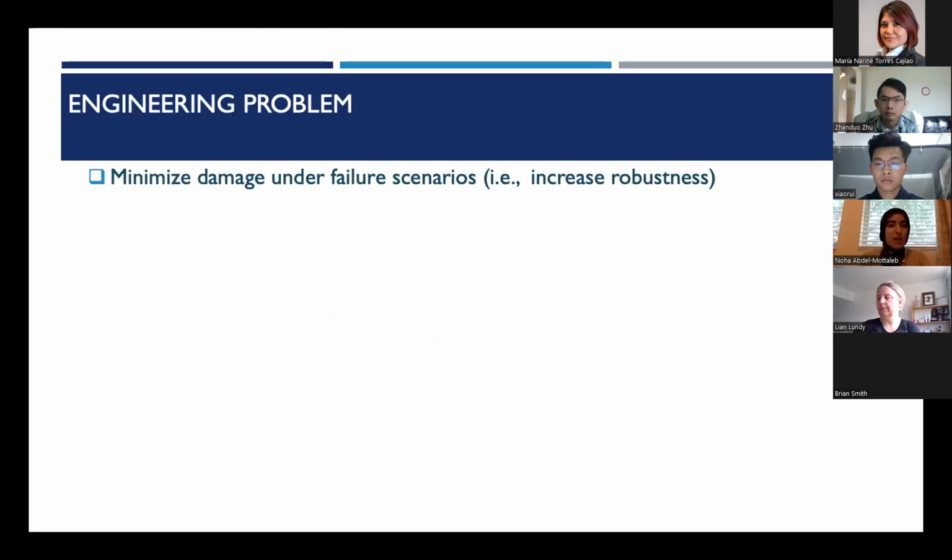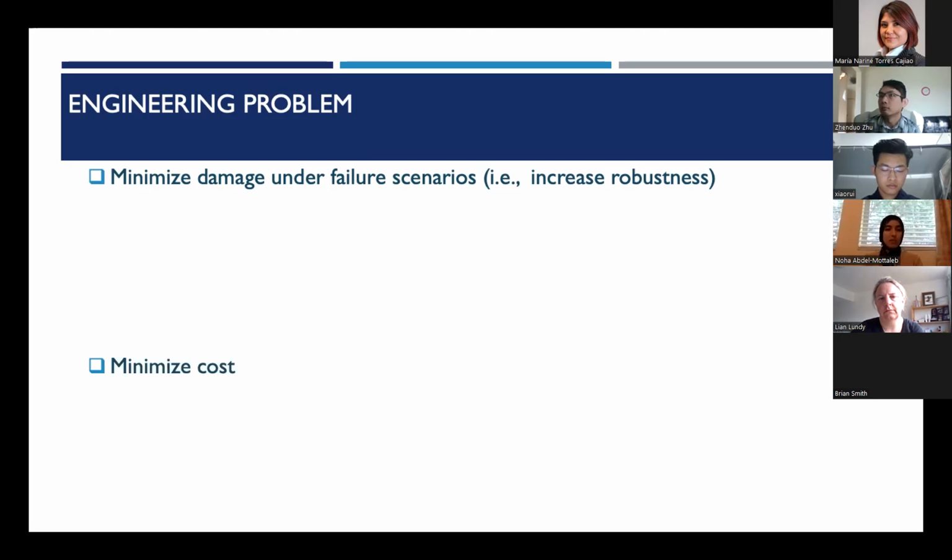It's really because there's a trade-off involved. We want to minimize the damage that happens in the water distribution network under failure scenarios. And what's meant by damage here is the adverse impacts to the end users when a segment needs to be isolated because of a pipe break. So a pipe breaks, that's a failure. The segment needs to be isolated. Some people are going to not have water. So the undelivered water, the unsupplied water, and this can be called system demand shortfall. How's the system falling short in delivering the water that should be delivered?